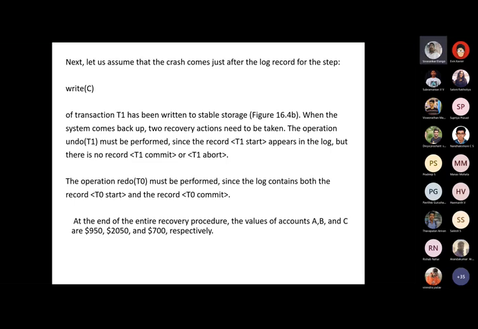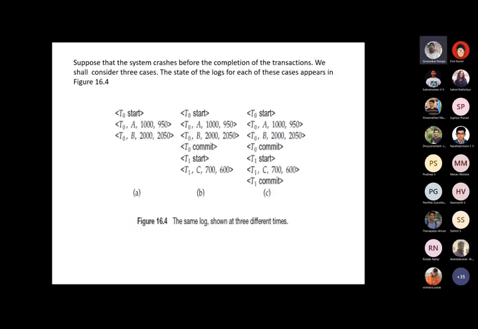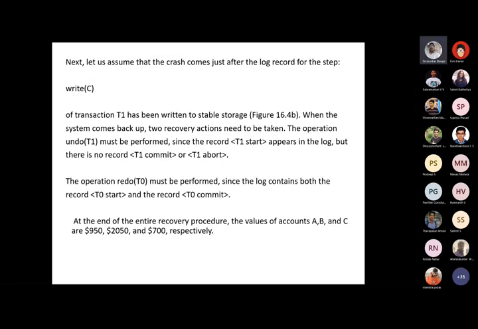Second case: now let us assume that the crash occurs just after the log record for the step write of C of transaction T1 has been written to the stable storage, right? The database crash occurs after the write of C operation has been performed onto the stable storage. When the system comes back up, two recovery operations need to be done. The operation undo of T1 must be performed,